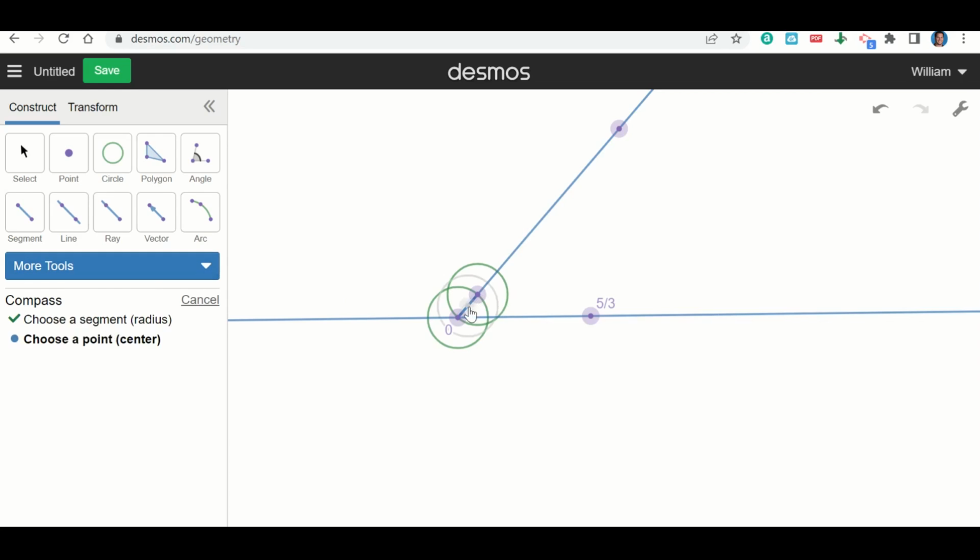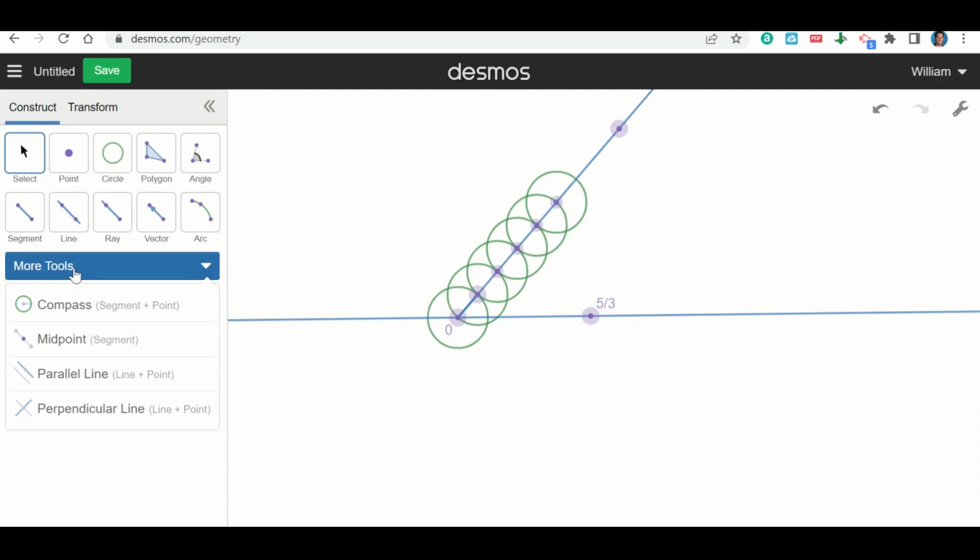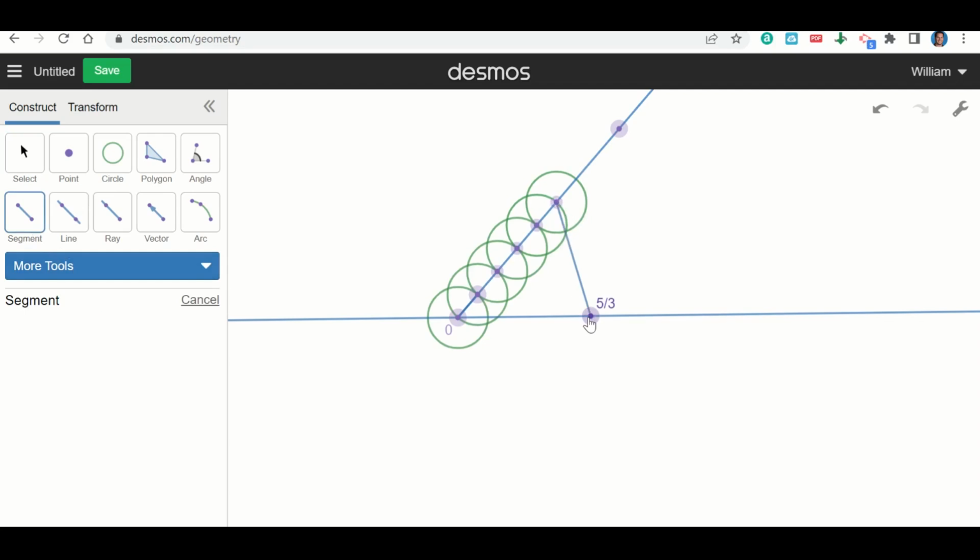We do it again. 2 points. Again. 3 points. 4 points. And 5 points. So now we can match 5/3 with this point here. So let's go ahead and do that. We're going to use the segment tool to connect this point and this point, because that's